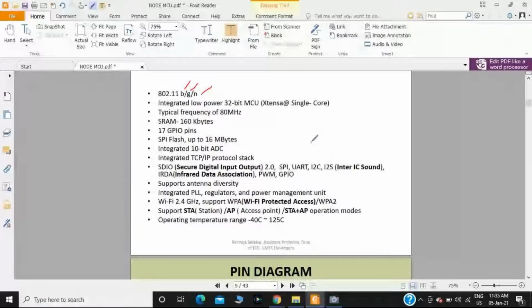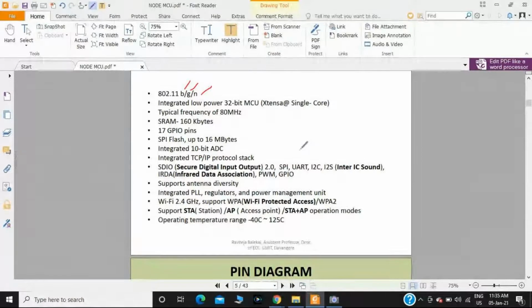Finally, IRDA. IRDA stands for Infrared Data Association. Nowadays, most portable devices like mobile telephones, laptops, cameras, and printers use this Infrared Data Association standard. The important application of IRDA is that we can transfer data wirelessly. It is a kind of wireless optical communication where we can transfer secure data over line of sight, and the data transmission rate is very low if you use IRDA.